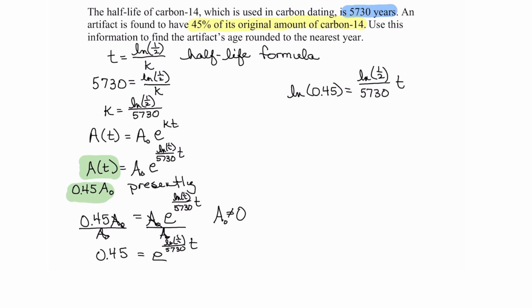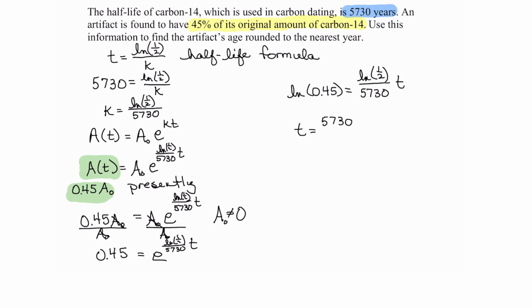And that was from a property of logs: when we're taking the log with a base that matches an exponential expression, it simplifies to the exponent. Now remember, here we want to solve for t. So to solve for t, we will multiply both sides by 5,730 and then divide both sides by the natural log of 1/2. So I get t is equal to